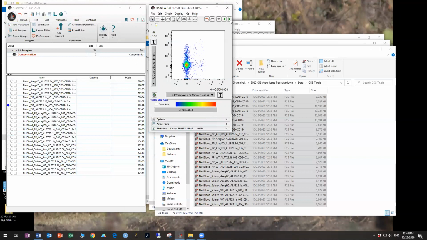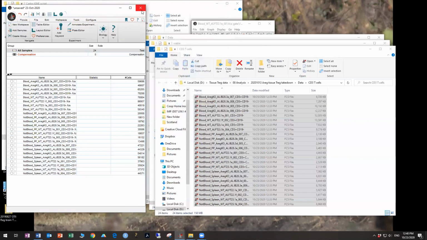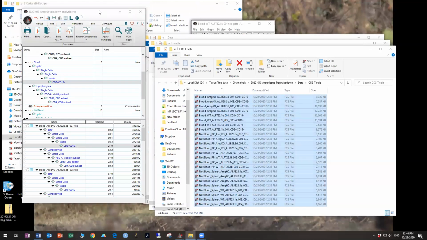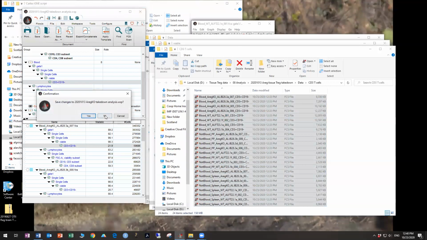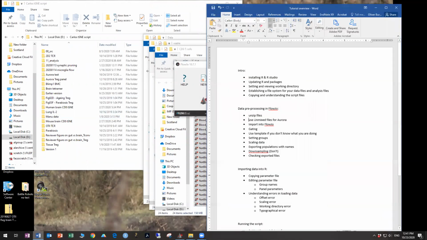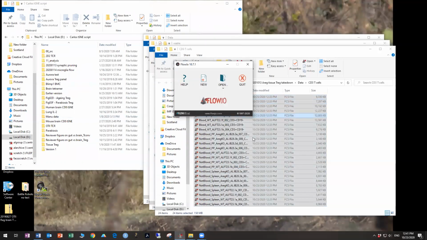Right, and then we scroll through to check that those parameters have been saved to all of the samples. And it looks like they have. All right, so we can close this. We can also close our original workspace that we were working in. And let's see if I've forgotten anything. Nope. So that is it for this section. And now we will move on to working in our